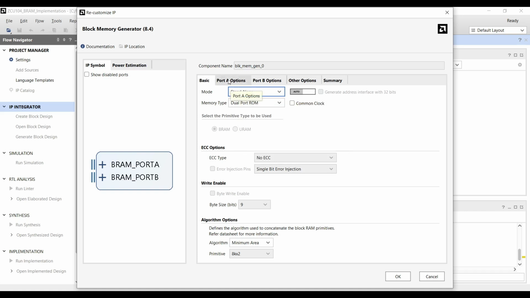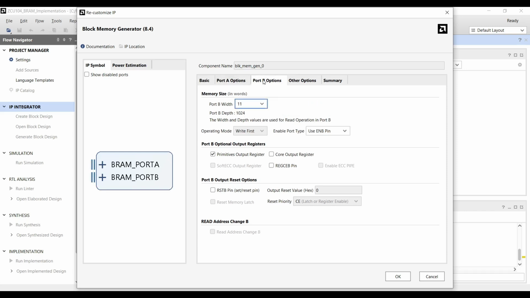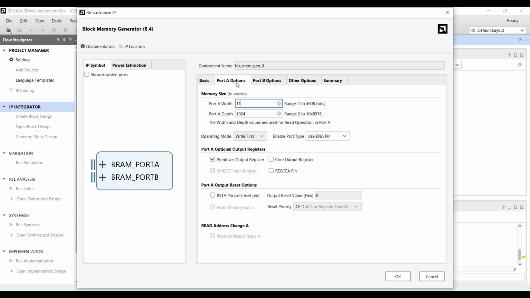Next, we open the Port A and Port B options tabs to configure the appropriate bit width and depth for storing the sine wave coefficients. We choose 11 bits for each port. The reason is that we are generating sine wave coefficients with 10-bit resolution for amplitude and an additional sine bit for positive and negative values. Therefore, the total bit width required to store each sine sample is 11 bits, 10 bits for magnitude plus 1